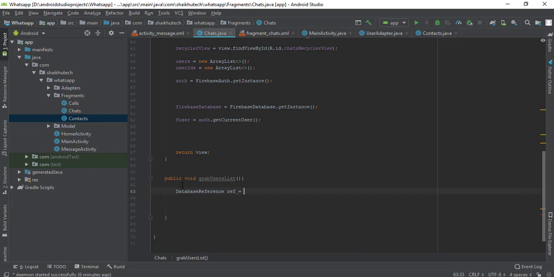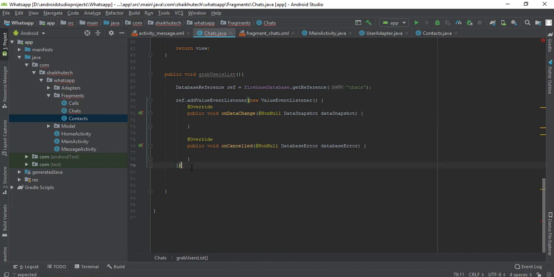Ref is equal to firebase database dot get reference, and I want to get reference to chats. And then I want to add a value event listener on this reference dot add value event listener, new value event listener,